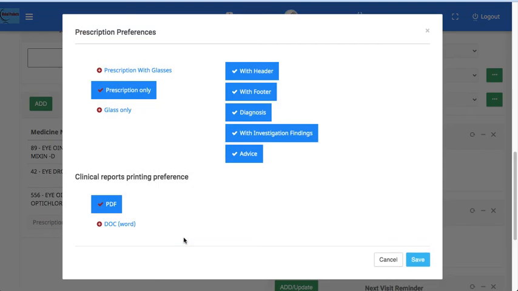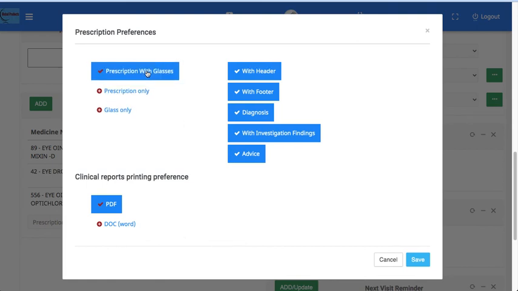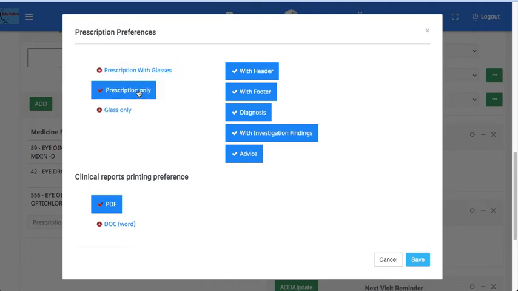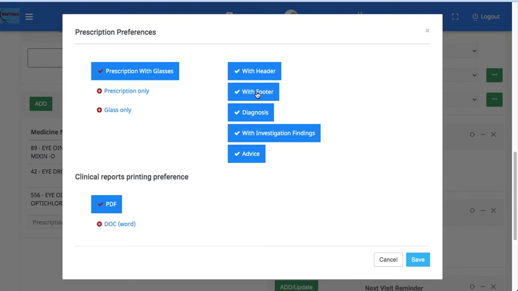Prescription preferences have been provided, such as print prescription with glasses, print prescription only, that is for medications, with header, footer. Header will include the main letterhead header, diagnosis with investigation findings and advice if any, and the prescription can be printed in PDF or Word format.